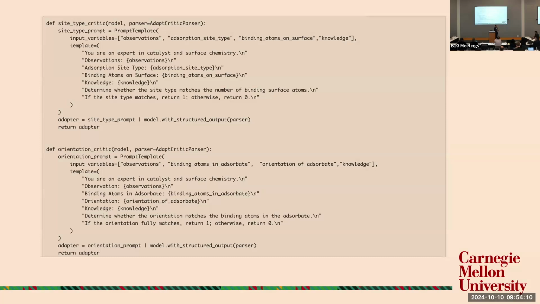The critic module is actually another LLM which looks at the response of the first LLM. This is the actual code, I think. It's just putting together chunks of predefined prompts and then adding, for example, knowledge or absorption site type, and that is taken from, for example, the dictionary that